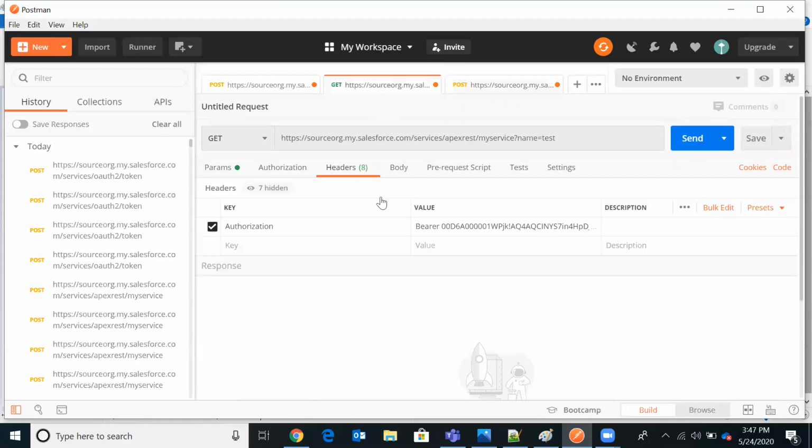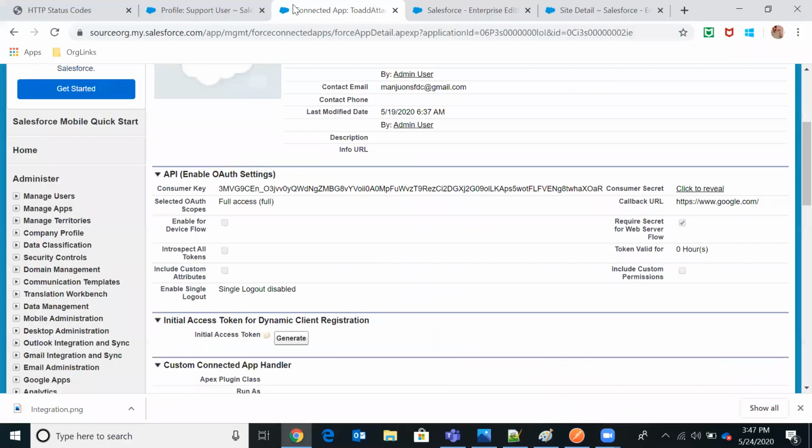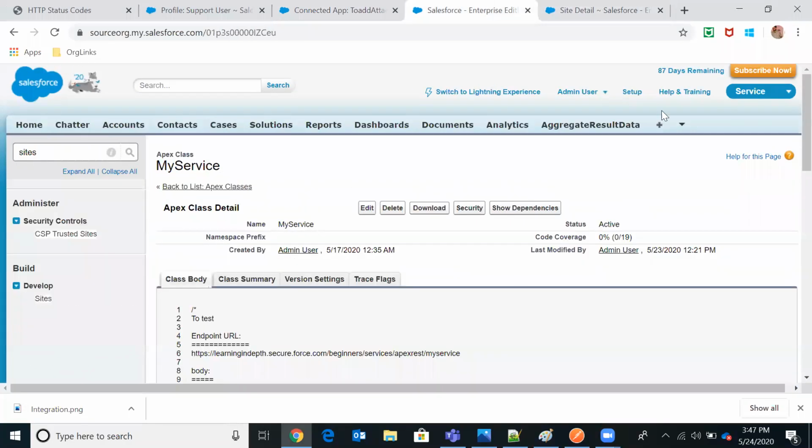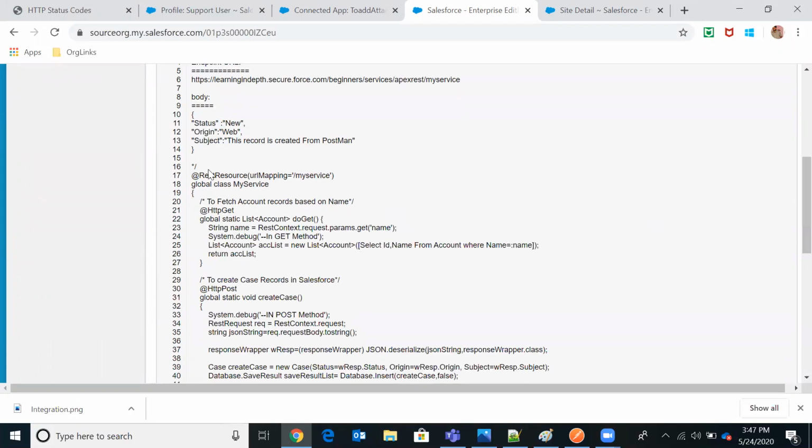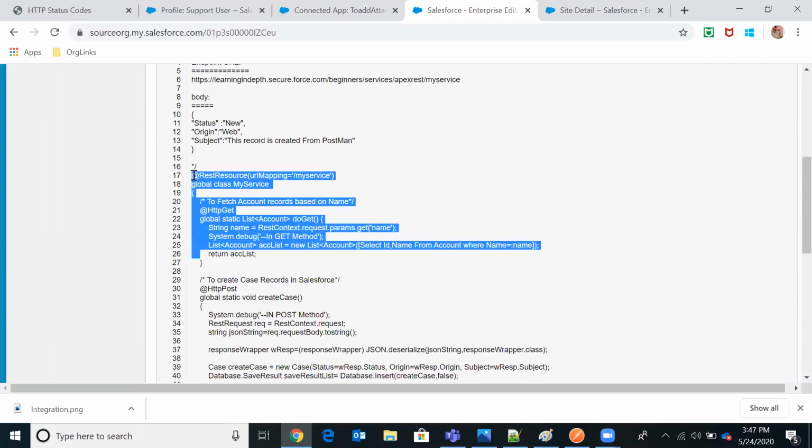Let me go to another call. So now I have a class design which is a REST class, and this is called a resource, right? What I'm doing in this class is, if I pass some name to a get method, I am trying to return all the matching account names. That is what I am doing in the get call.